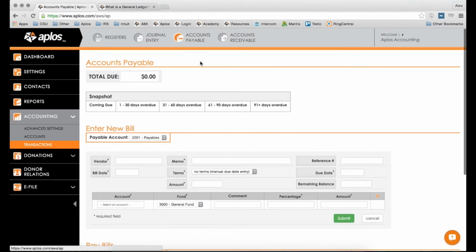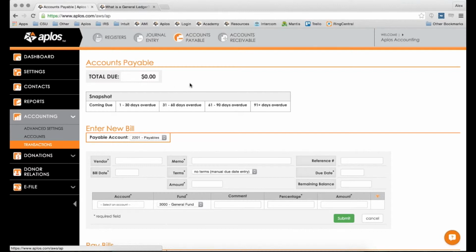Now, what this is not used for is your normal monthly expenses. So rent, utilities, any subscriptions that you are a part of. Accounts payable is not necessarily for that because those happen on a more regular basis. You just enter them in your register whenever you get the bill and you're done. Accounts payable, I would recommend, is if you're going to wait for payment for over 30 days, then accounts payable